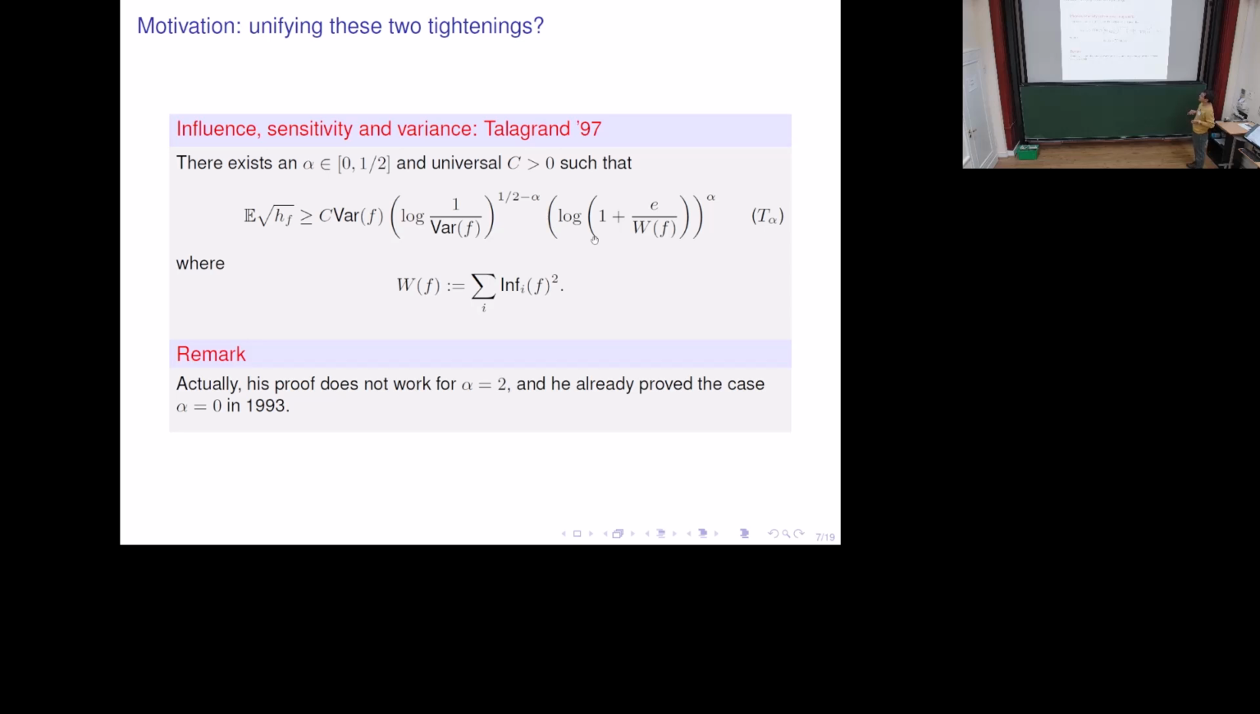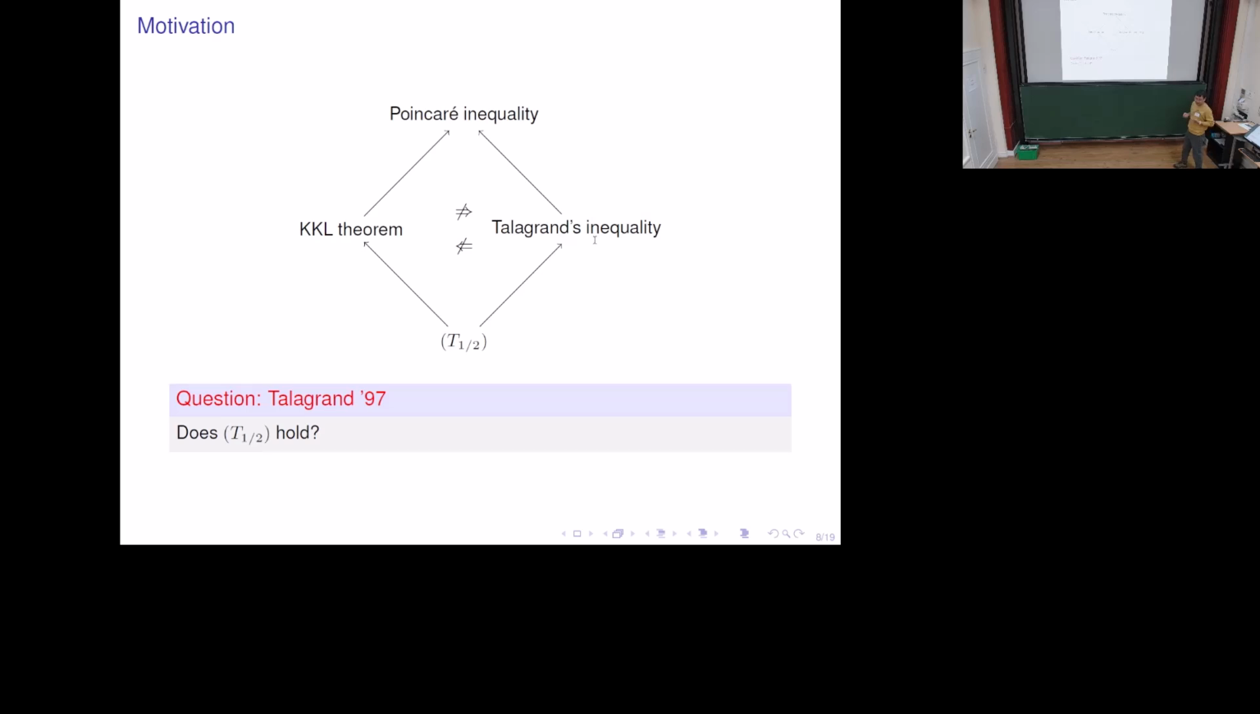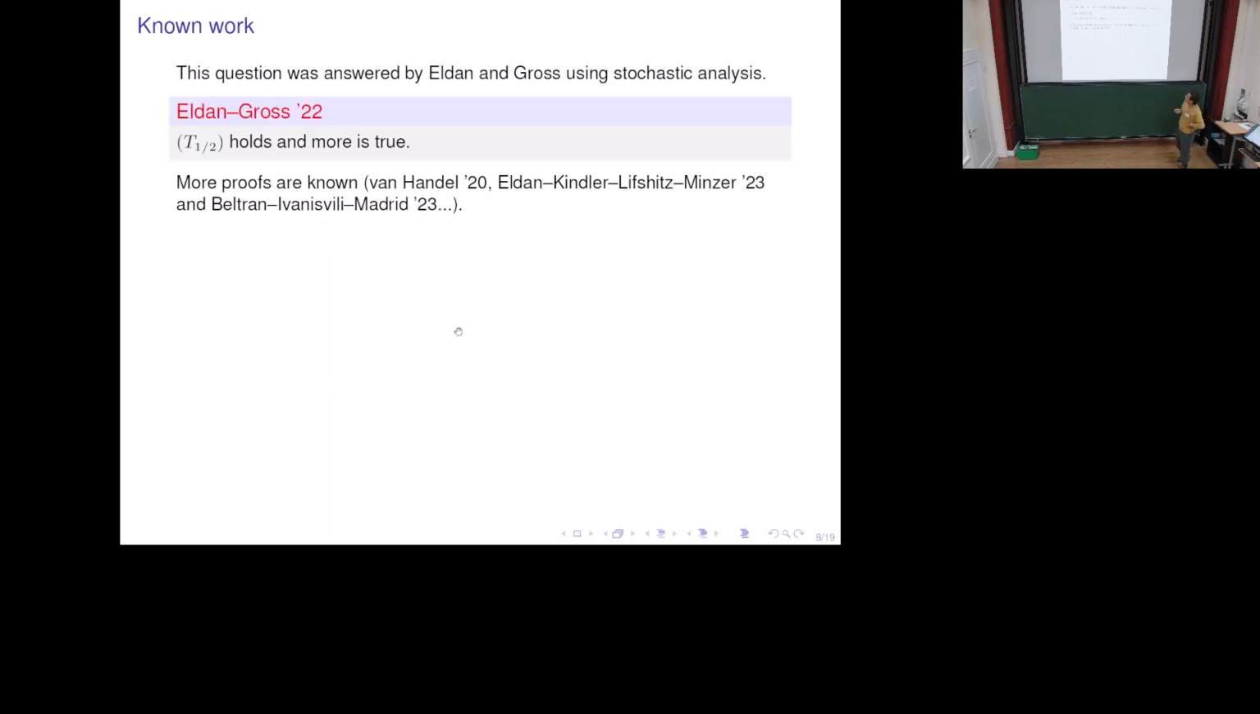So that is kind of the story behind today's talk. He conjectured that this inequality, which I denote by T alpha in general, is true for the endpoint of alpha being 1/2. And this was resolved by Eldan and Gross recently using